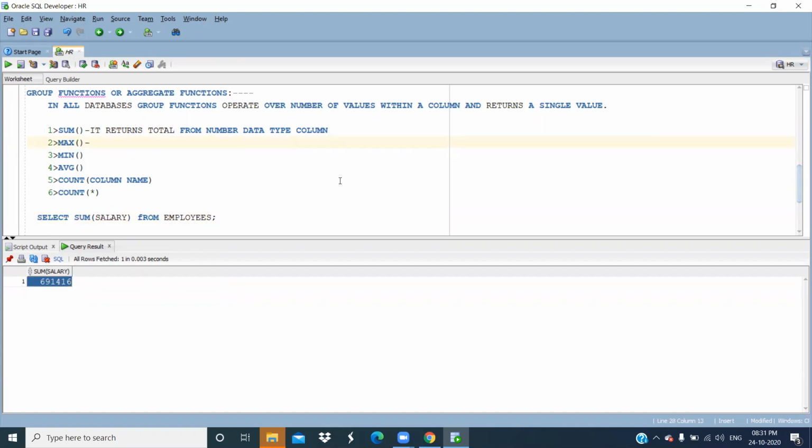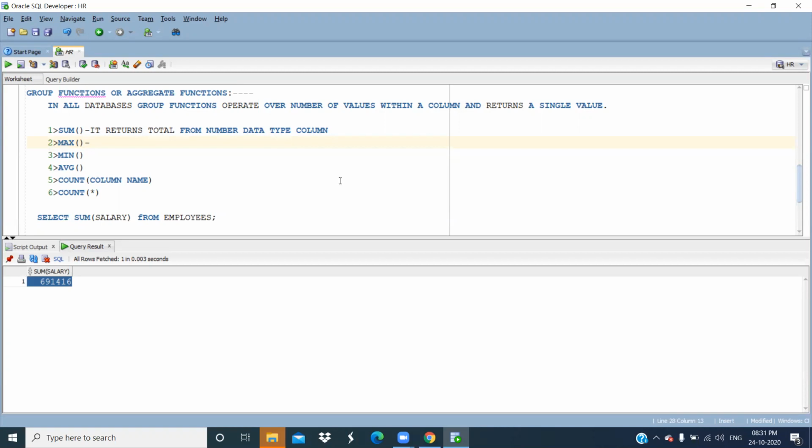Then we have max. So what will max do? Max will return the maximum value within a column. Suppose in the salary column I want to know who is getting the maximum salary in the employees table.